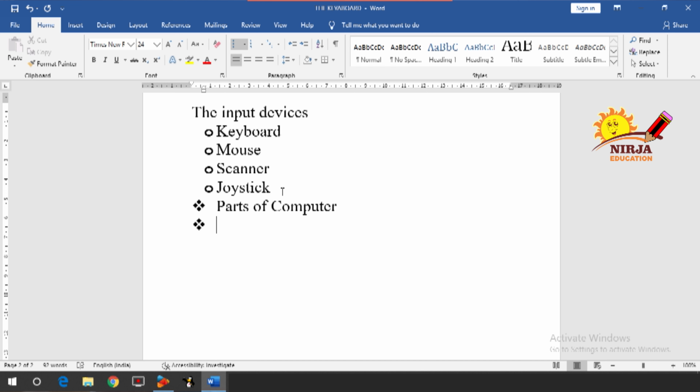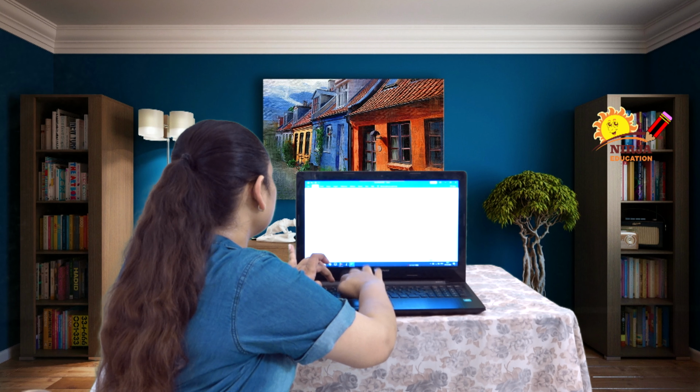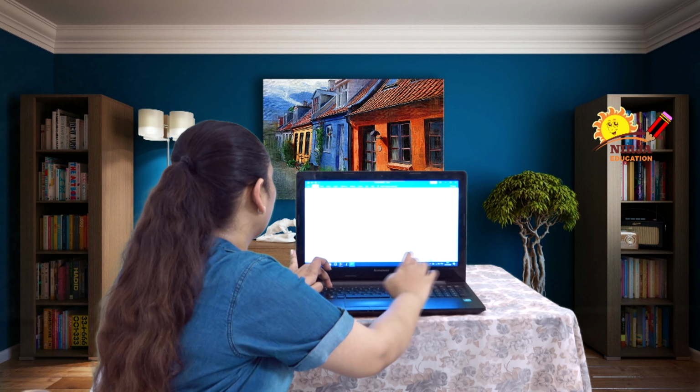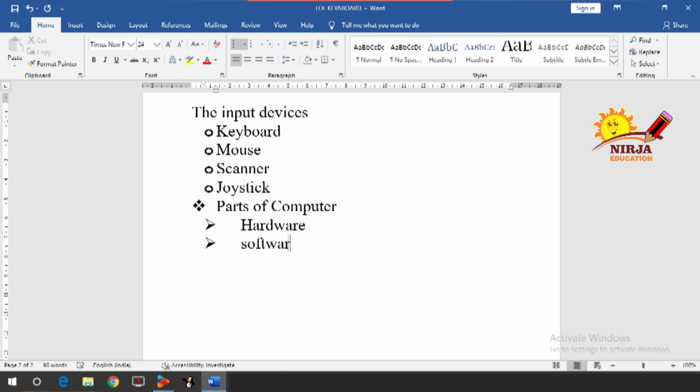Then you have to press the tab key on keyboard so you can get the next bullet. So in that one I am going to type the hardware and software, right?